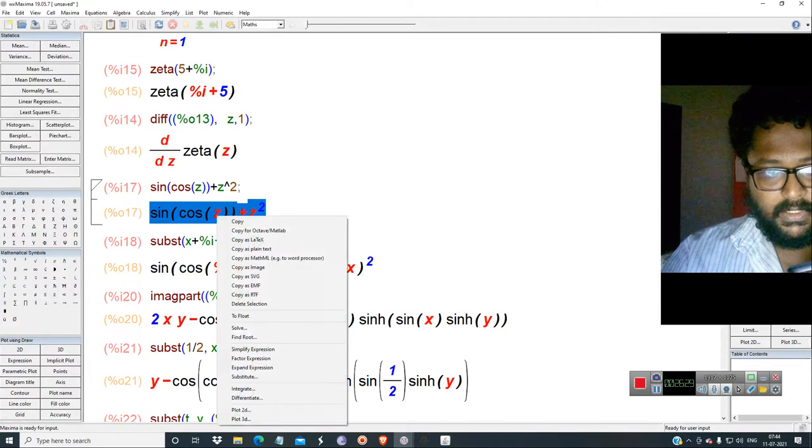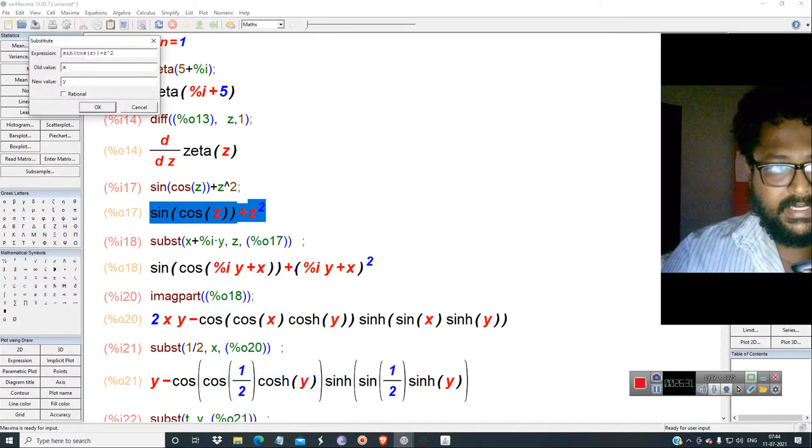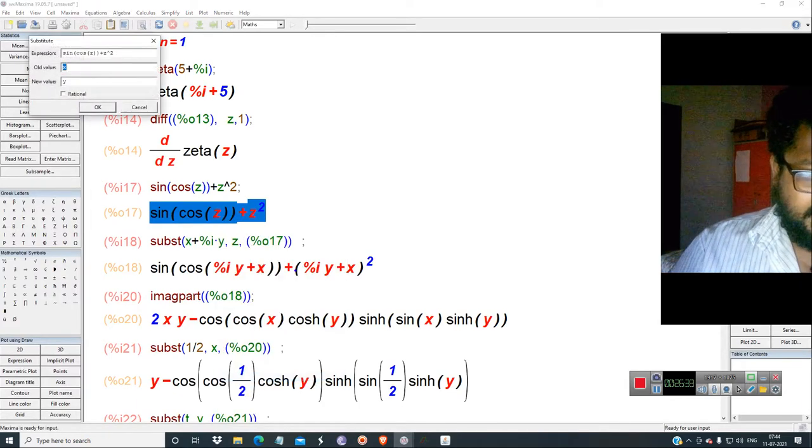For example, for z, we are going to substitute cos t for x, plus sin t times i for y. You have to substitute sin of t times i.